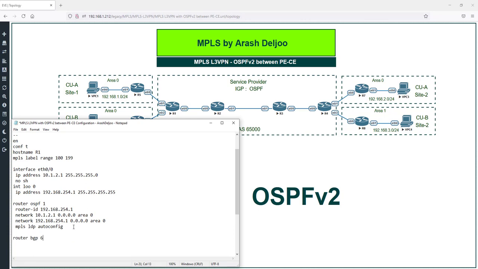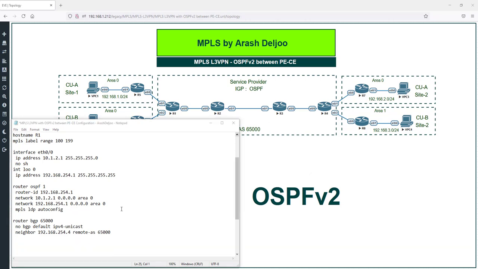Router BGP, the AS number of the service provider is 65000. And also we have neighbor, the first neighbor is 192.168.254.4 with the remote AS of 65000. If you want, you can disable IPv4 advertisement, no bgp default ipv4-unicast. Then we configured the first neighbor 192.168.254.4 with the remote AS of 65000. Then again, neighbor 192.168.254.4 with the update source